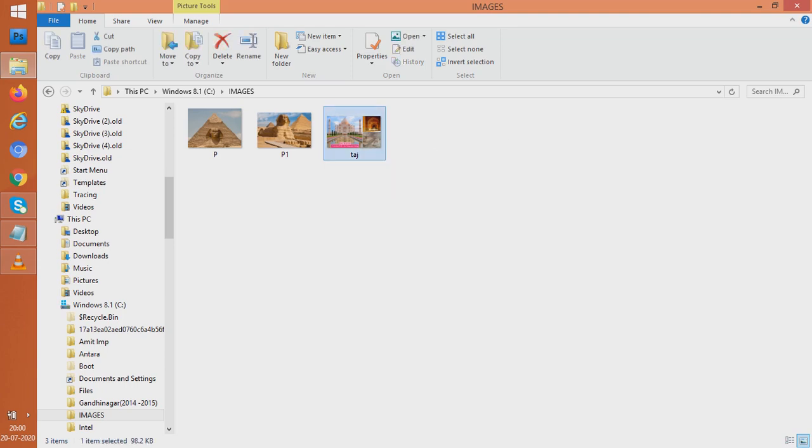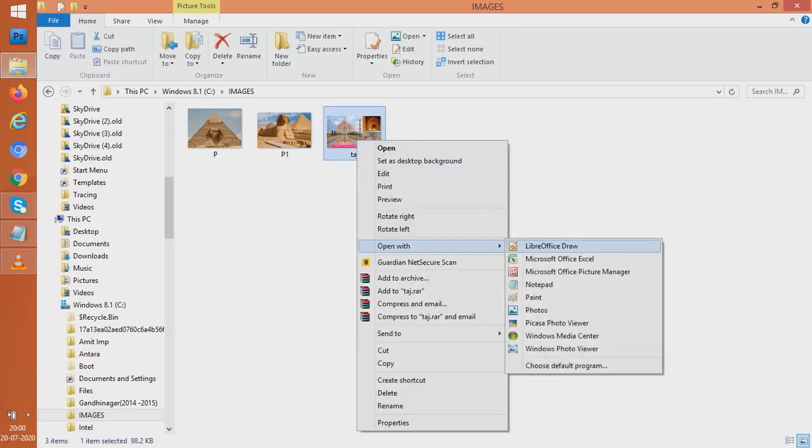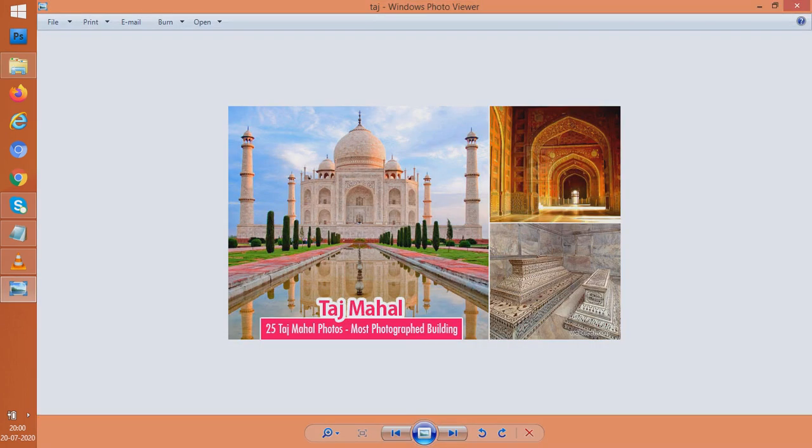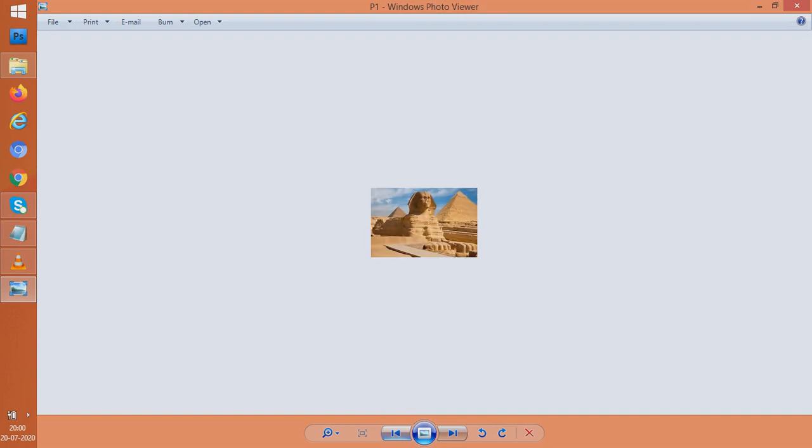I'll also open it up before you through a photo viewer. So I am using Windows photo viewer. I am only showing you. So this is one of the photographs which I have today, and this is the photograph of the pyramid which we have. What we are going to do is we are trying to put these photographs in our web page. So today we will make 3 web pages, and these 3 web pages would have photographs of the pyramid and a photograph of the Taj Mahal.